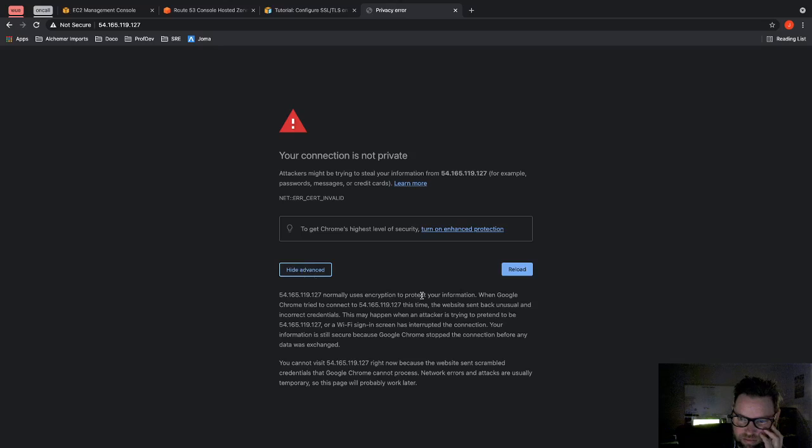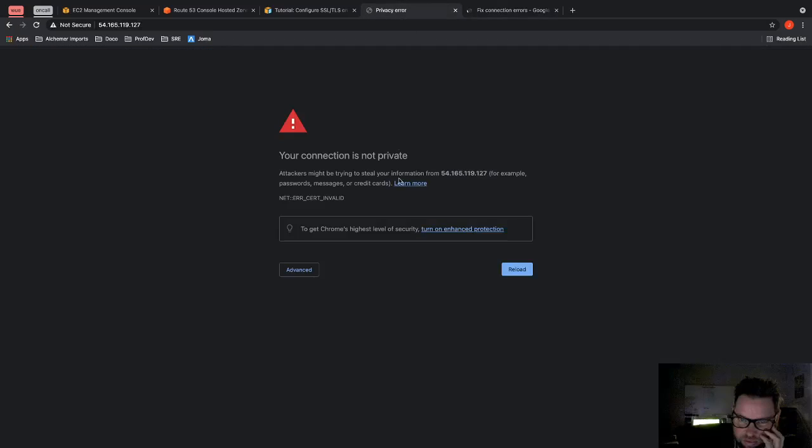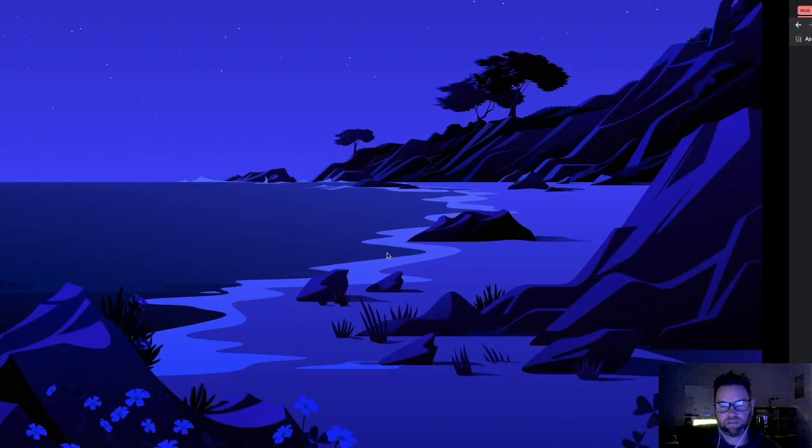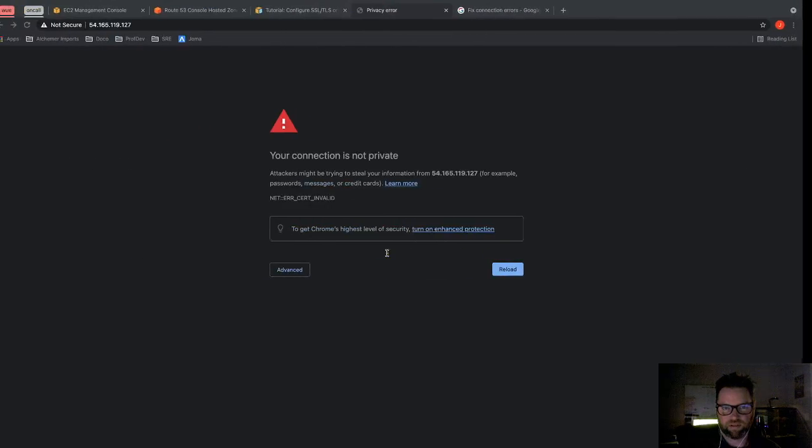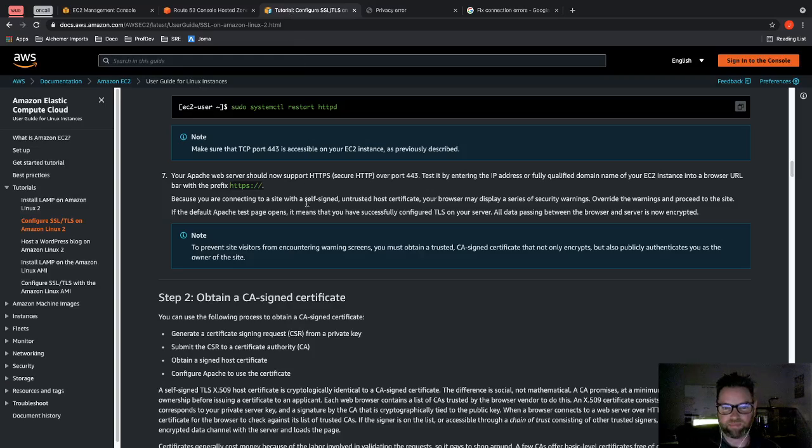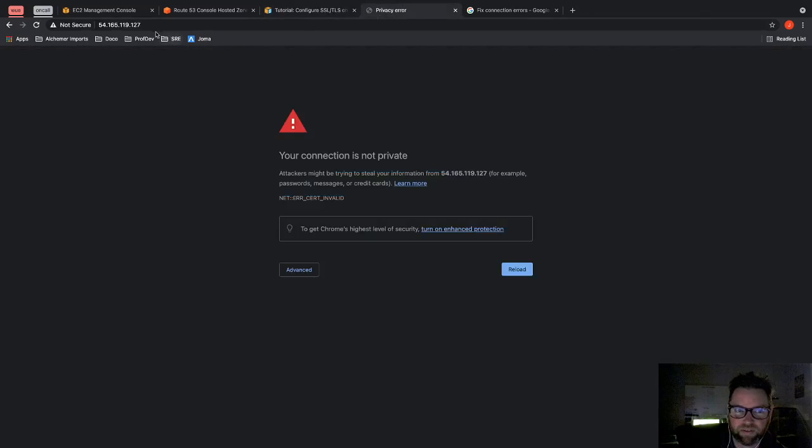And now I am not getting, oops. Let's go back and read through this one more time. Make sure I didn't miss a step. Because I can't override the warnings. Let me see if this is a special Chrome problem. So let's copy this